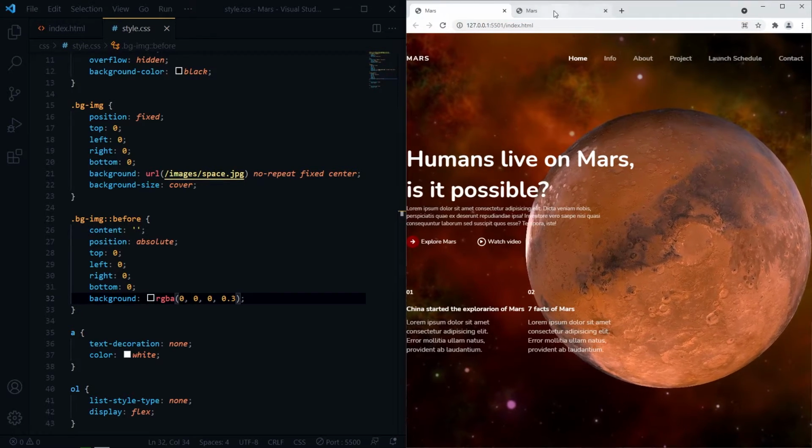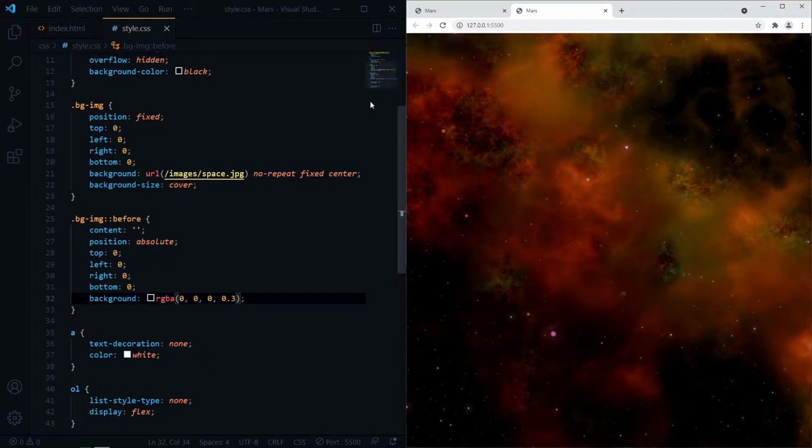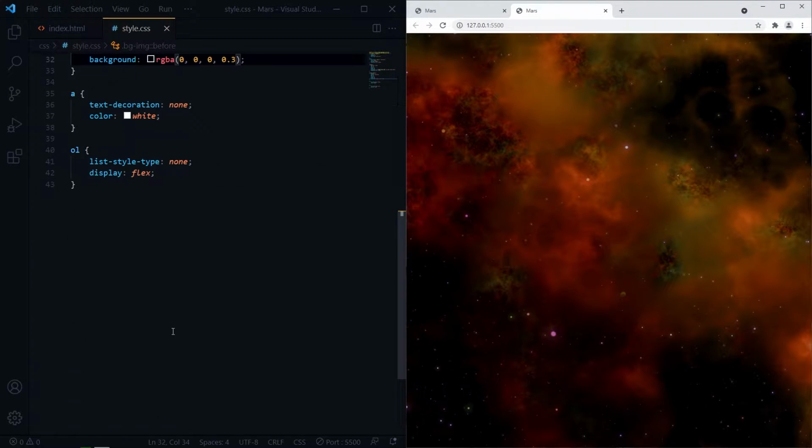Now for our container, we need to give position relative so that we can see the content.